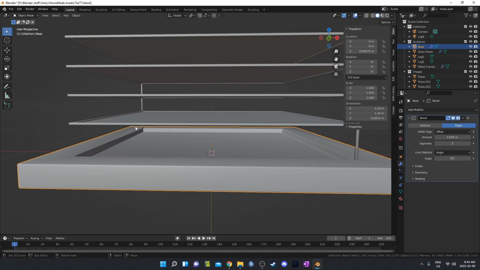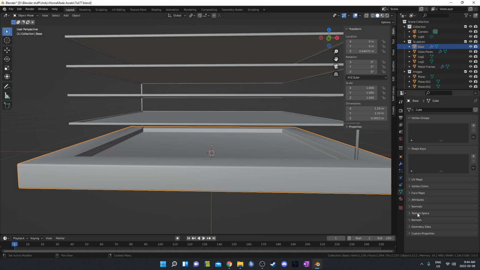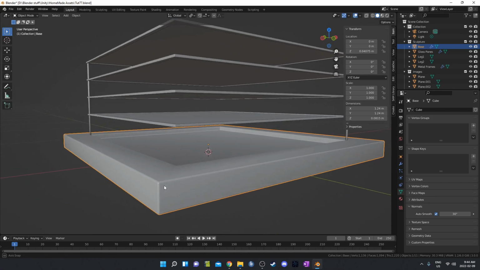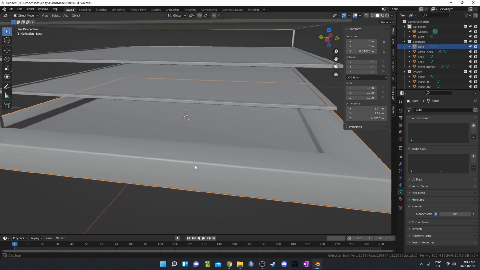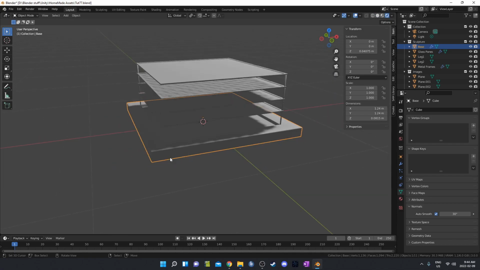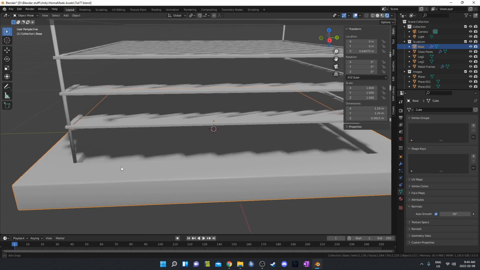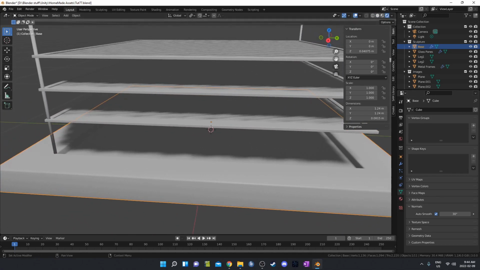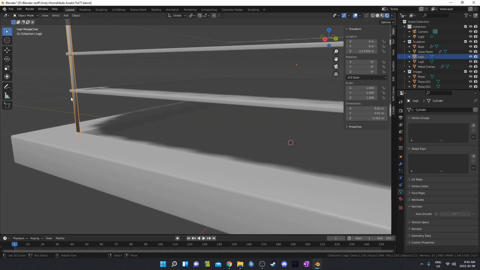You might notice some weird shading stuff when you do that. To fix that, just go down to the object data properties, it's somewhere in here, I think geometry, normals, and this auto smooth right here usually fixes any issues that happen there. It still does look a little weird, but that's fine. It looks fine in rendered mode, so I'm just going to leave it there. It looks like it does help with some shading with the legs though, so I'm going to turn auto smooth